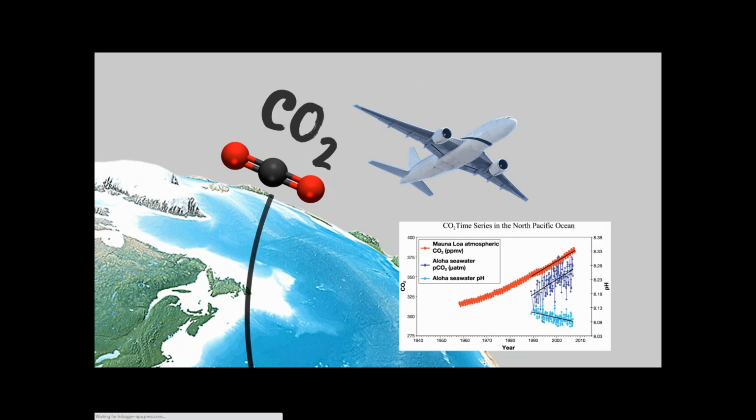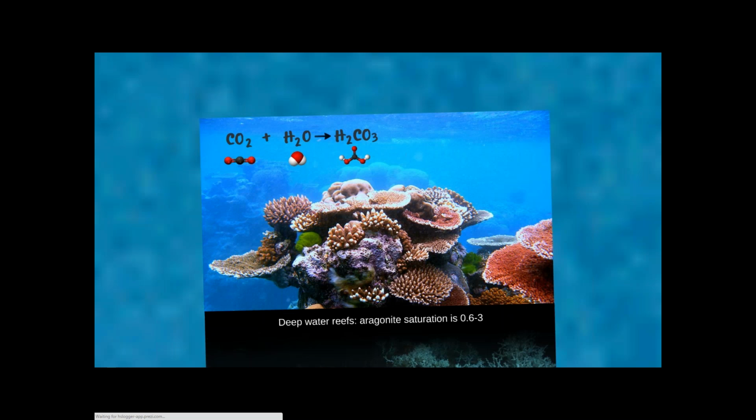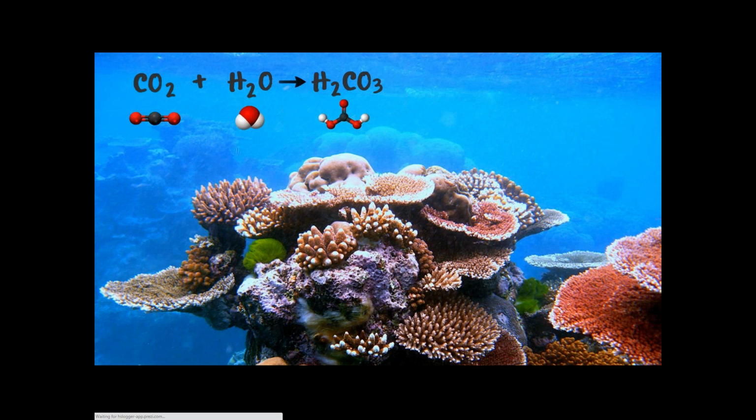Atmospheric CO2 has been increasing due to anthropogenic inputs. Ocean pCO2 has also been increasing with a concurrent drop of pH in the ocean. To understand this chemistry a little bit better visually, as we put CO2 in the ocean, it combines with H2O, water, and briefly forms carbonic acid before dissociating into bicarbonate and hydrogen